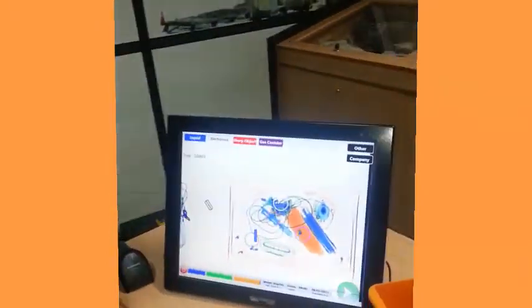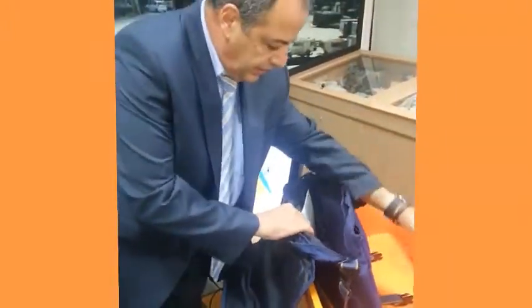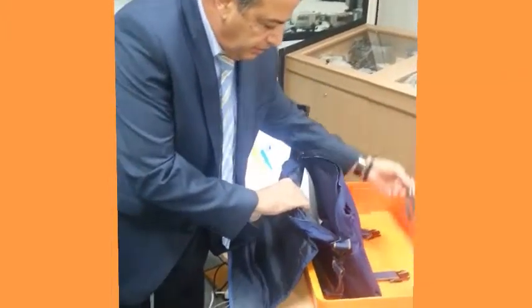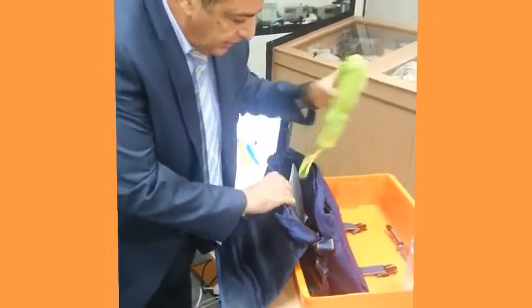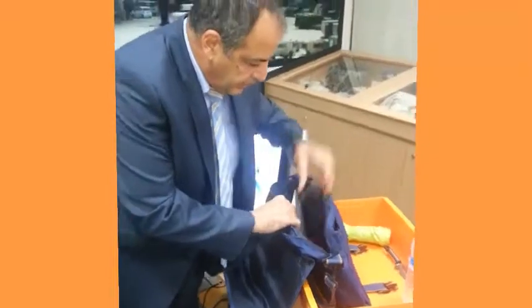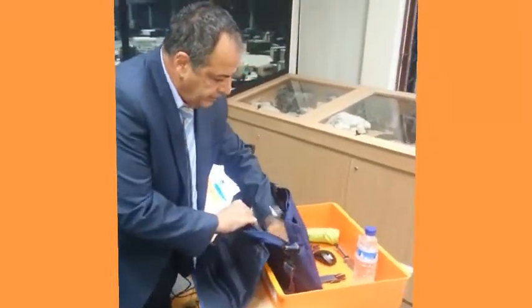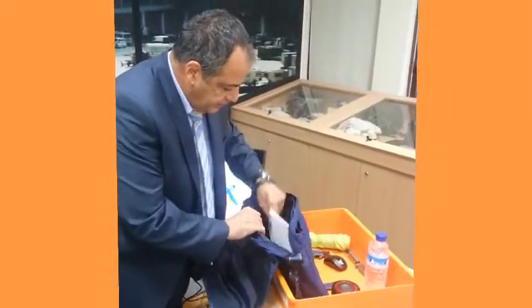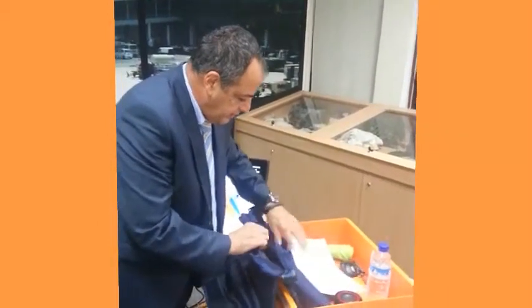The searcher now will search the bag, as I'm doing now, and here I find a liquid, a sharp object, an umbrella, a mouse, a speaker, some papers,